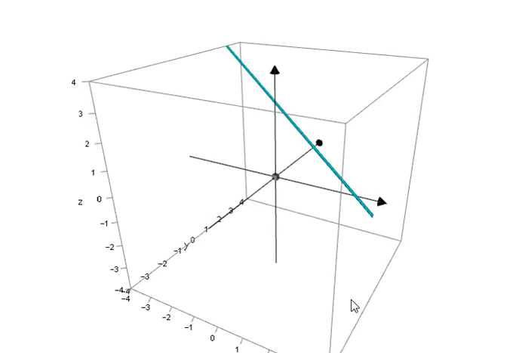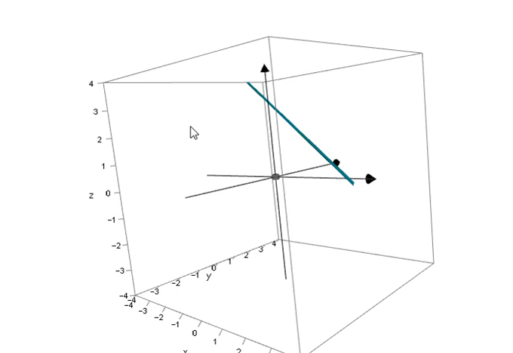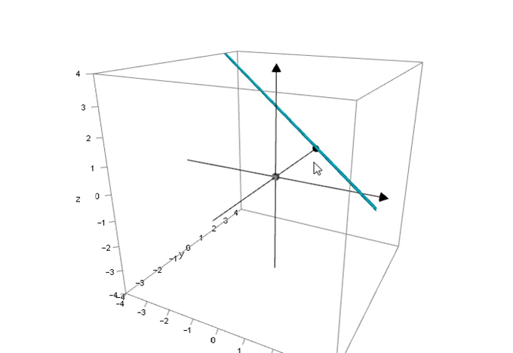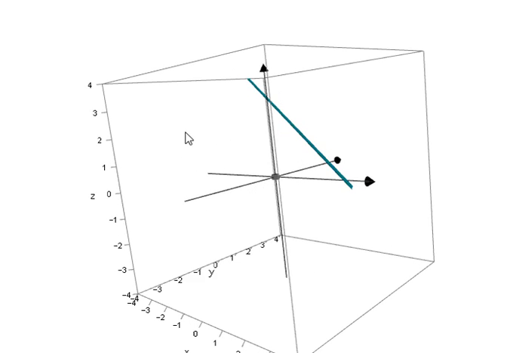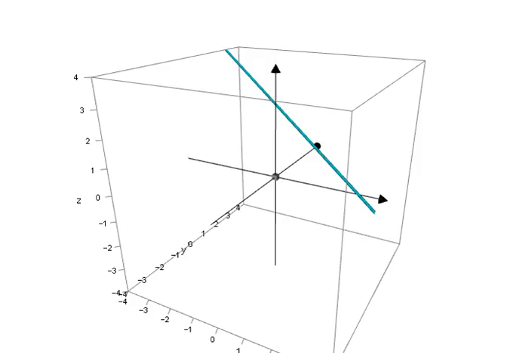In this first video, we're just revising what we did the other week, finding the equation of a straight line in 3 dimensions, specifically finding the vector equation of the straight line in 3 dimensions. And what we saw is any straight line in 3 dimensions, we can find the coordinates of any point on that line by firstly taking any fixed point on the line